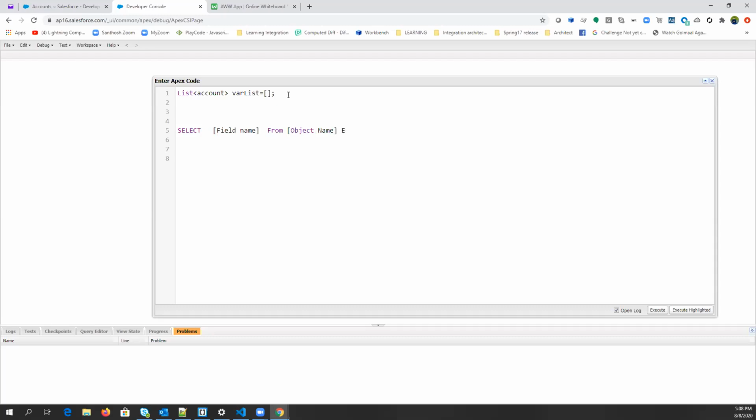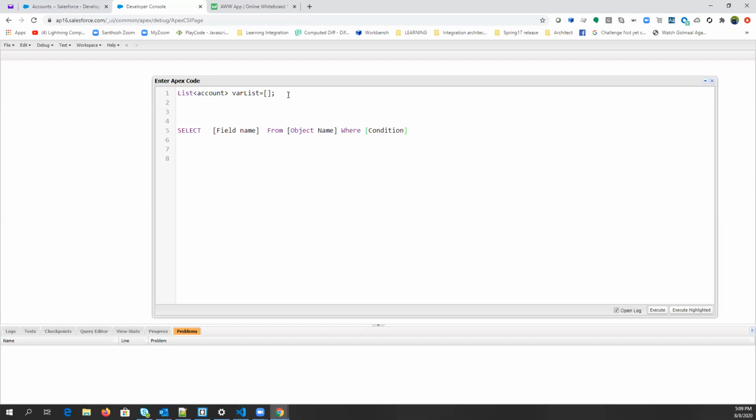And if there is any conditional data, then we have to pass where and your condition, right? So this is how we will write. We have other things as well, group by, order by, all these things we will discuss one by one. Okay. So for now, select field name from object name where condition, right? So this is the format of writing a query here.